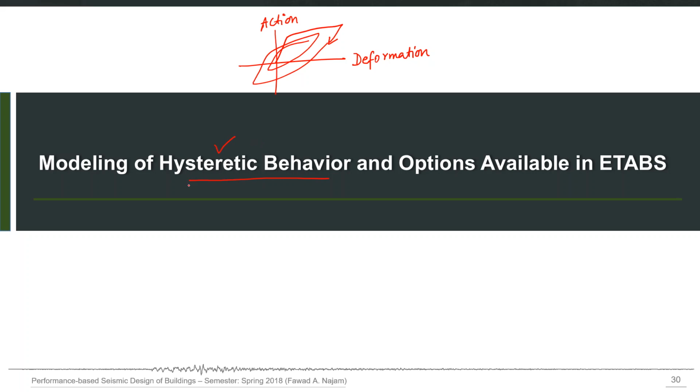So this phenomenon is not only associated with stress strain curve, but any action deformation curve will have a cyclic behavior. If you want to define the moment rotation behavior, to define the flexural nonlinearity directly at member level using plastic hinge approach, even then you have to provide the hysteretic behavior for this action deformation curve. So it's a general phenomenon, but it is also applicable to our fiber modeling, because we will be defining the cyclic stress strain curve for our materials.